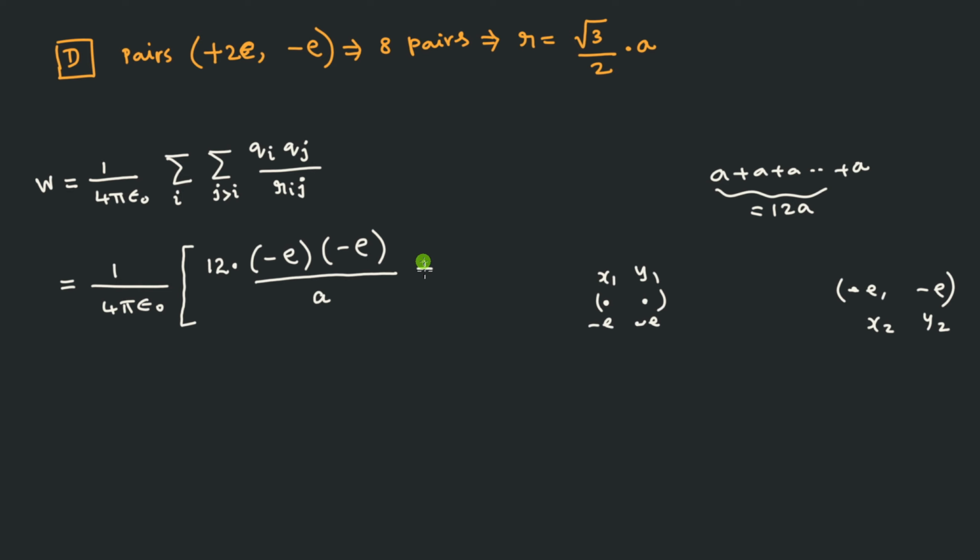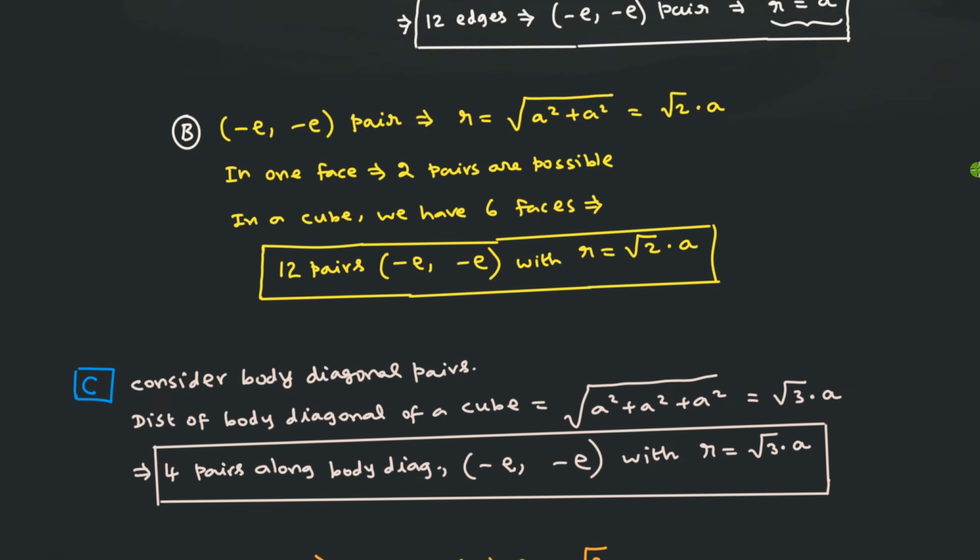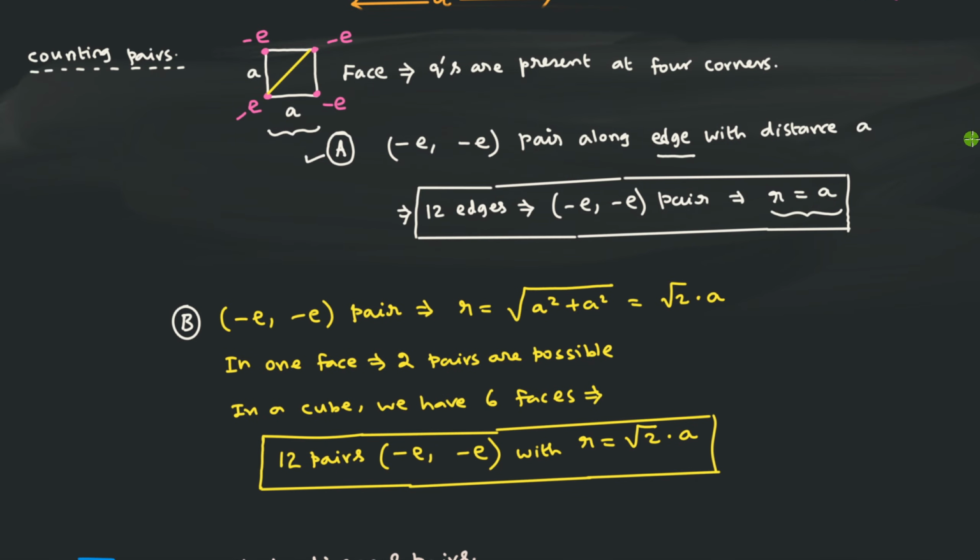Plus, this is one type of pair. Come to another type of pair. But before that, I want to delete this. Some space I will erase. So plus, let us, again I forgot. So what was the value? 12 is over. I'll put a tick here. So these 12 edges are over.